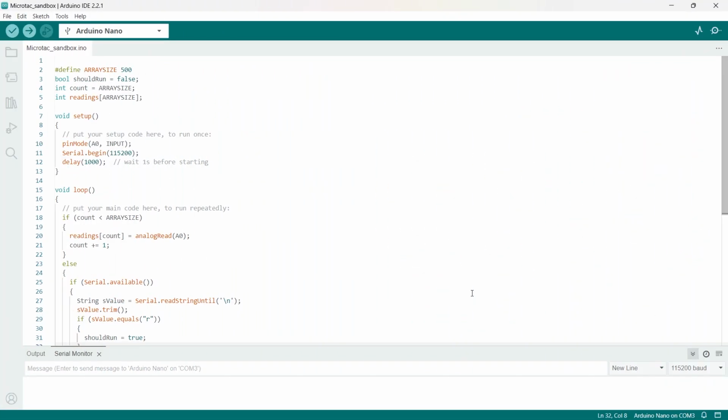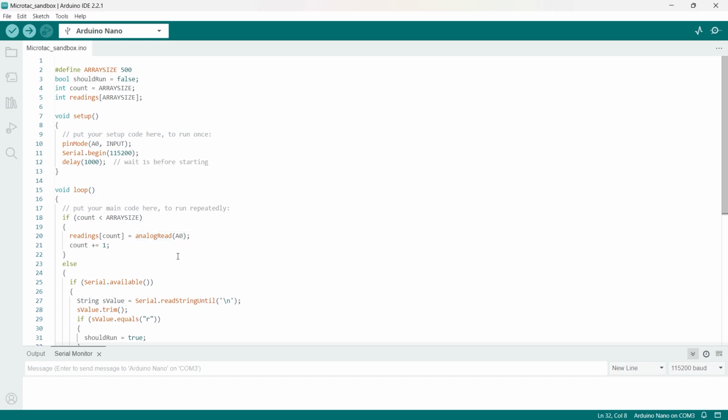Okay, what I did here, I put together a very simple program to take a look at the A to D conversion and see just how well my circuit is working when I apply the output to the A0 input on the Nano. I decided to look at this on the serial monitor, and there's one big problem here. The serial monitor just cannot keep up with the fastest rate at which the Arduino can do its analog to